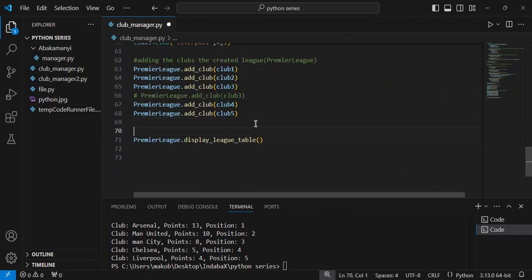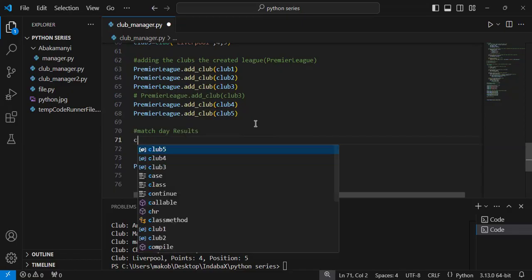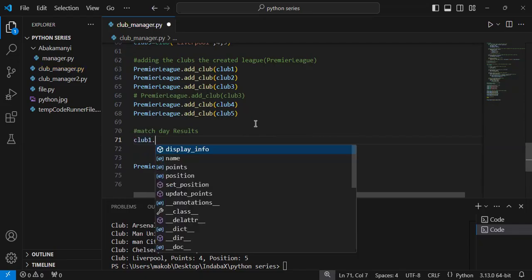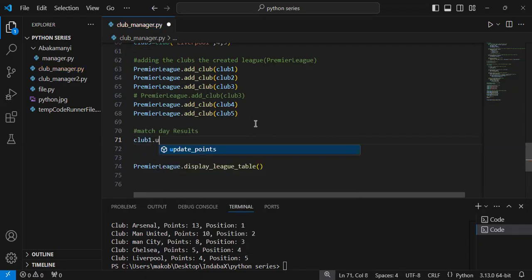These clubs are playing a certain match. Match day result. Let's assume they have played some few matches. Club one dot update points. I want to update its points after it getting